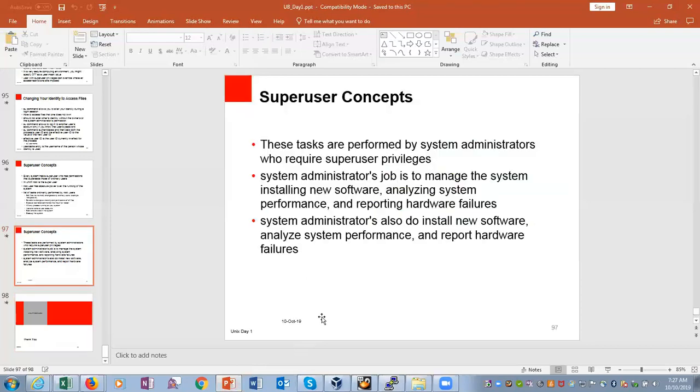Super user: root is a super user. The super user can change the file permission, and can change the owner and group of a file belonging to any user. And the super user can change the password of any user. And the super user has a lot of other privileges. So if you have the super user password, then you have all the privileges. Otherwise, you are restricted only to your own privileges.